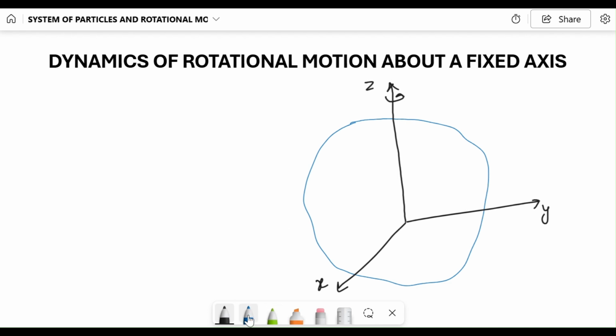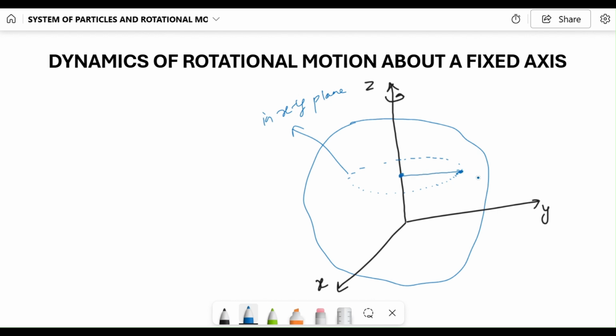Now, if we take a particle at point P, let's say here, this particle will make a circular path about this axis, as we have discussed several times. This circular path is in the xy plane. Then let's say this is the center of this circular path, which is lying on this z axis, and we are choosing